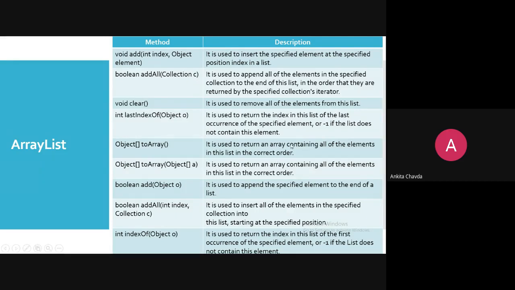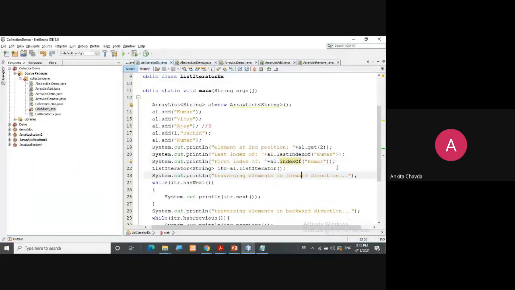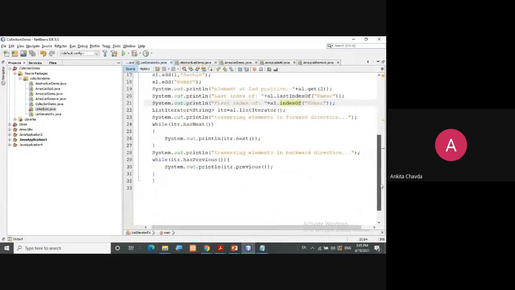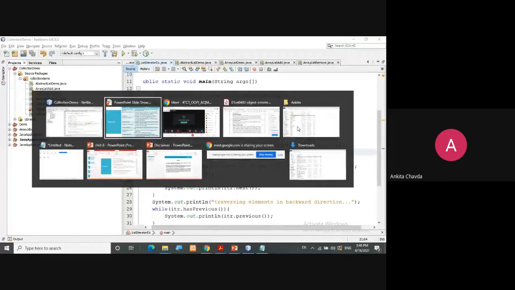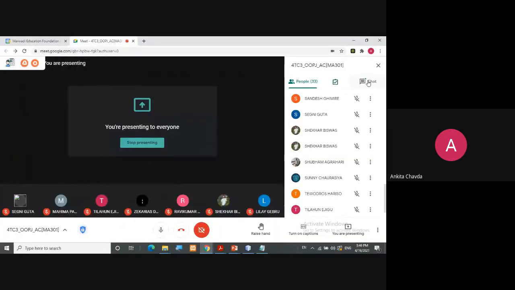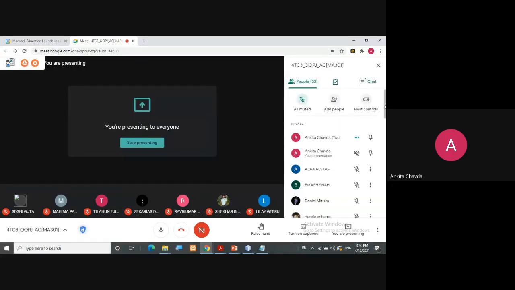It will return an array which contains all the elements in the list, and addAll we have seen. Fine. These are different methods, and you are trying them; you don't have to apply your logic here. You can also try a few methods on your own, okay?